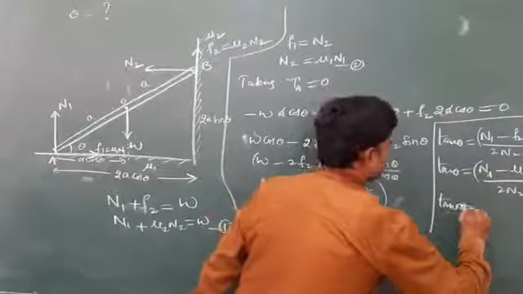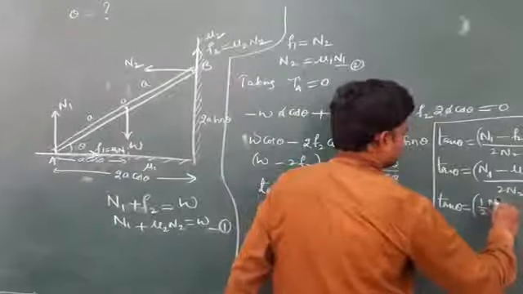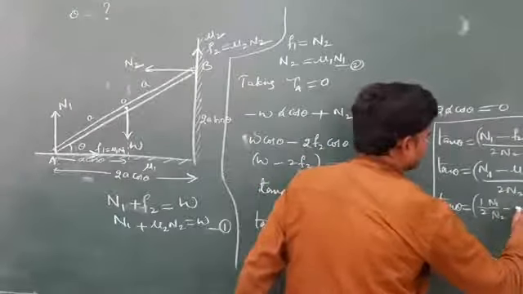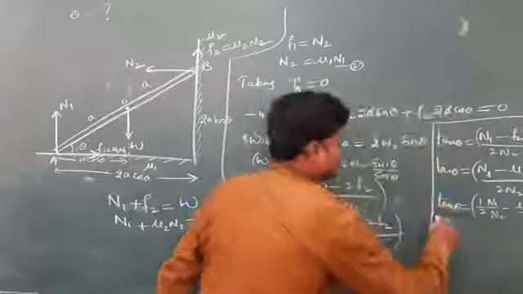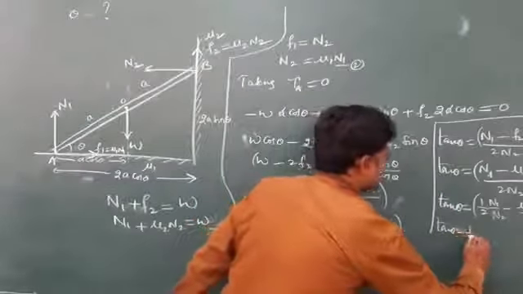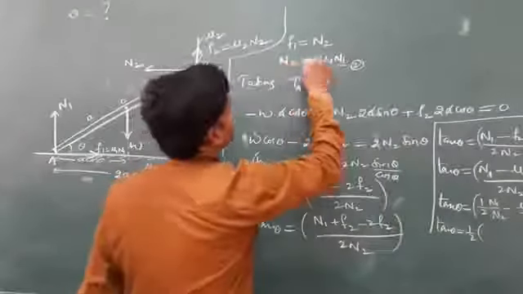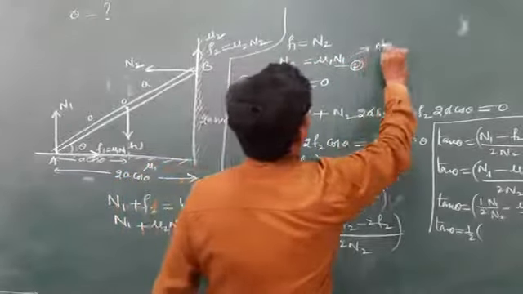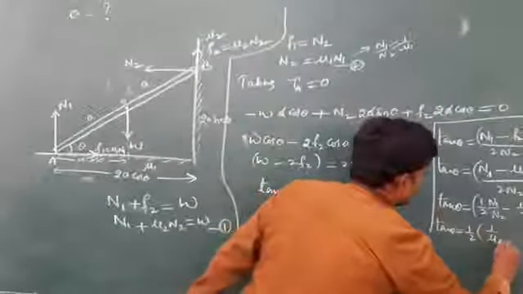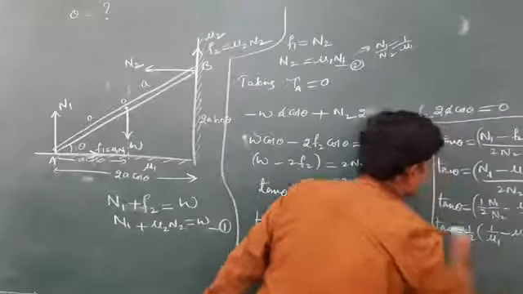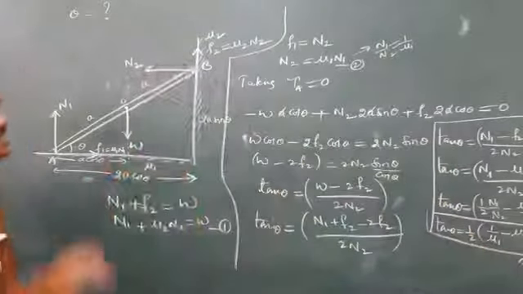So based on the given options, you extend the answer to N1 by N2. So 1 by 2 N1 by N2 minus mu2 by 2. So tan theta, if I take 1 by 2 common, N1 by N2 minus mu2. N1 by N2 is 1 by mu1. From this N1 by N2 we can write as 1 by mu1. So 1 by mu1 minus mu2. Okay, based on the given options, we extend these calculations.